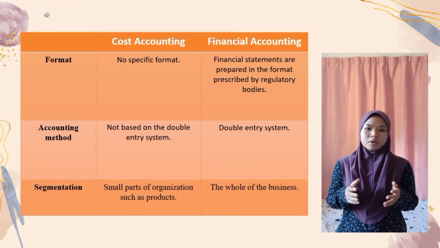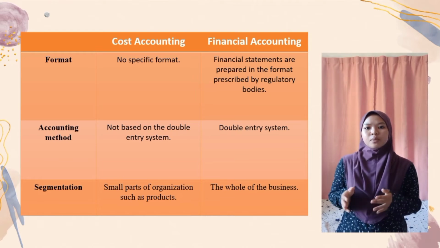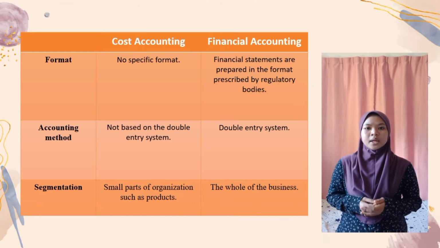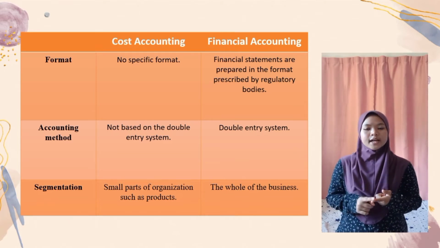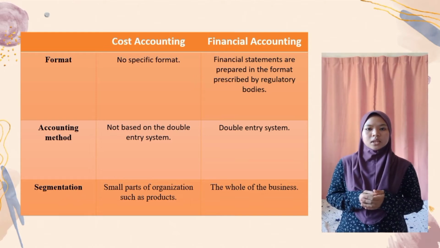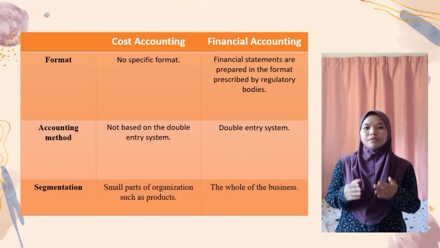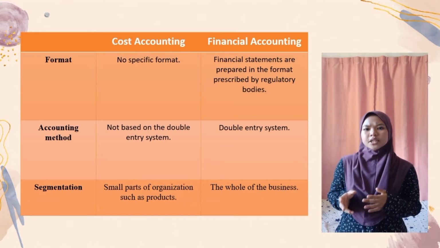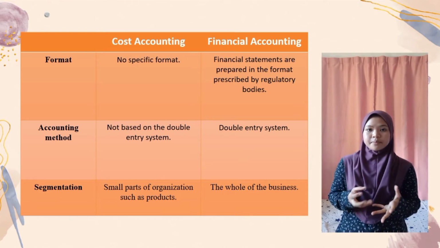The accounting method used for cost accounting is not based on the double entry system. Meanwhile, financial accounting follows the double entry system. Last but not least, the difference between cost accounting and financial accounting is segmentation. Cost accounting reports focus on small parts of the organization, such as customers, and financial accounting reports describe the whole